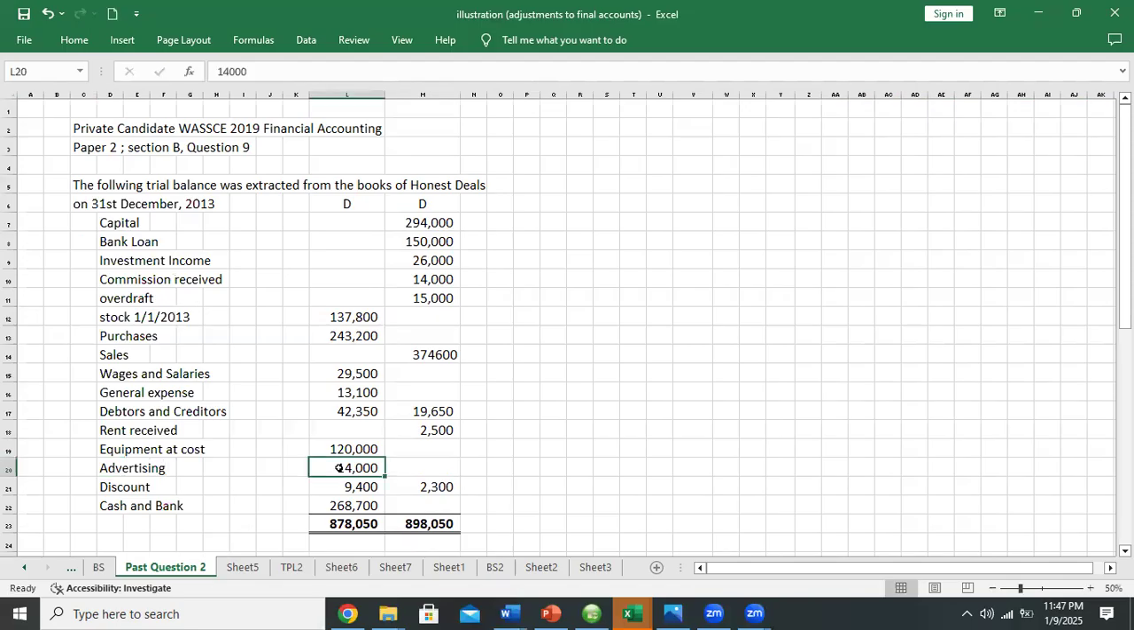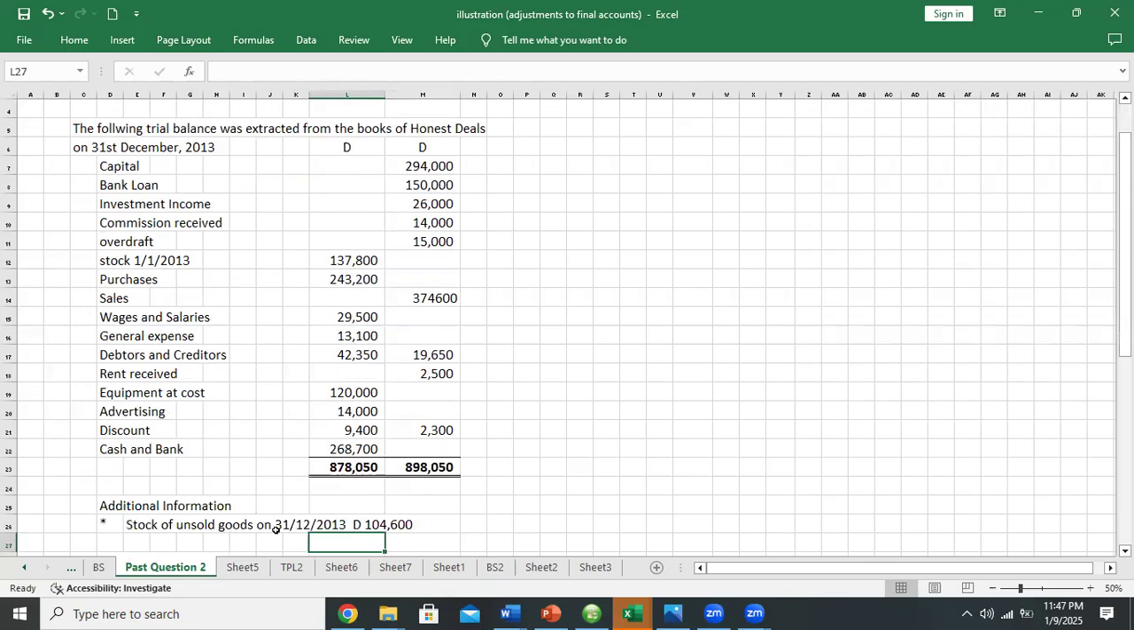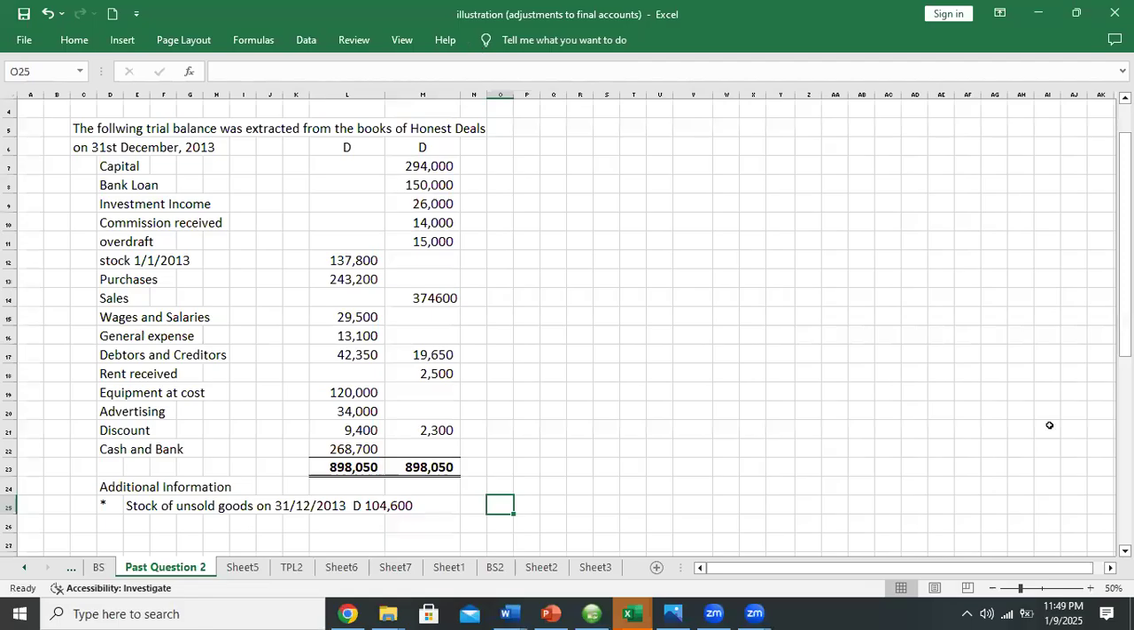Our trial balance, right? When we go down a bit, we have additional information. The stock of unsold goods, 31st December 2013. So that's the closing stock, I guess. And we are required to prepare the profit and loss account. Okay, so if you assess the trial balance given, the requirement is for us to prepare the profit and loss